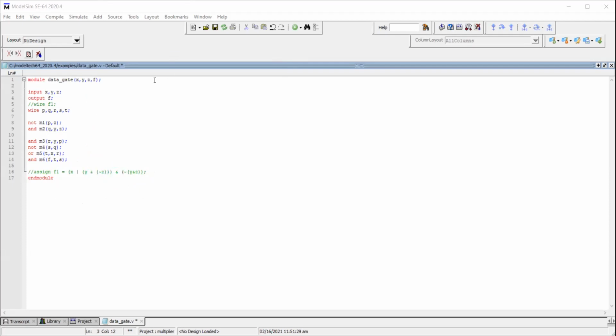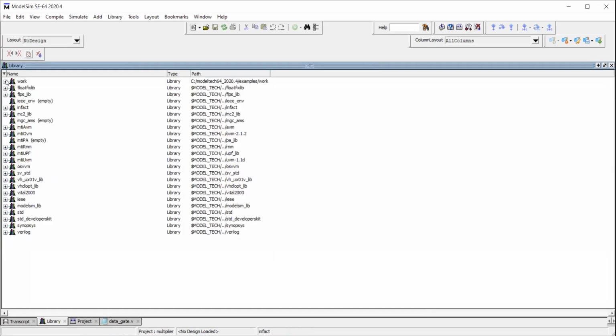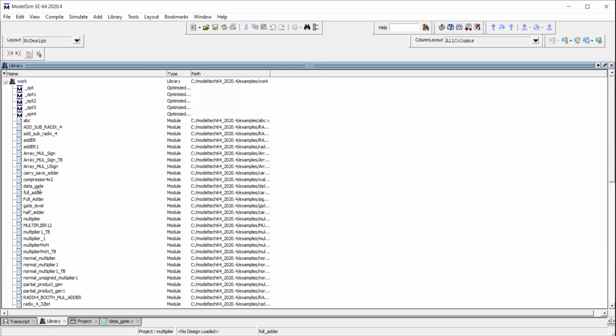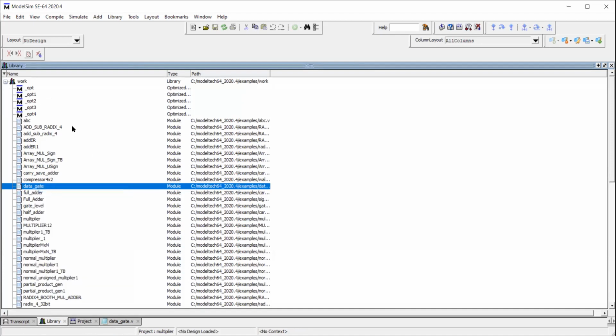Now we need to compare the data flow model output with the gate level model output. For that, I consider here F1 as the output for the data flow model. Now we'll save this by pressing Ctrl S. Now we need to compile to see whether our code is correct or not. So for that, right click, compile, compile selected. There are no errors. It has given the green color mark. So next select work, and in that select our program and simulate.